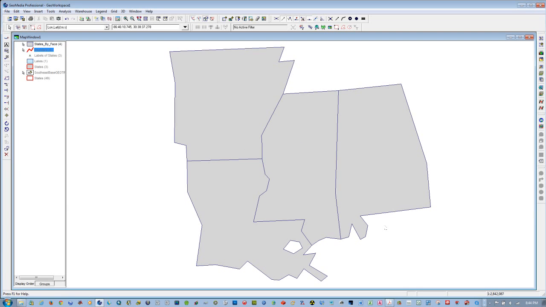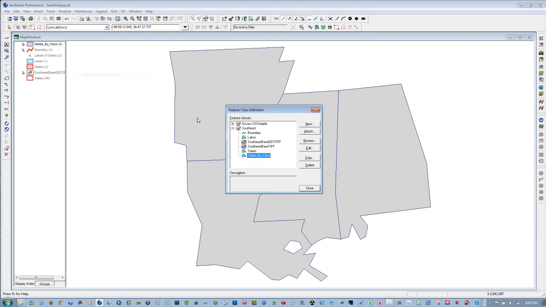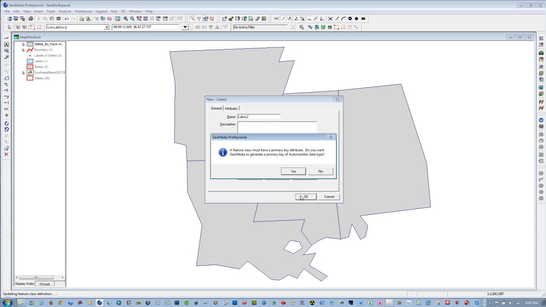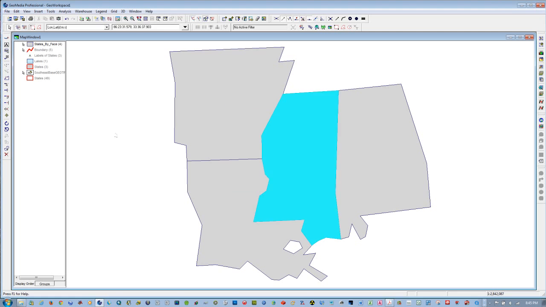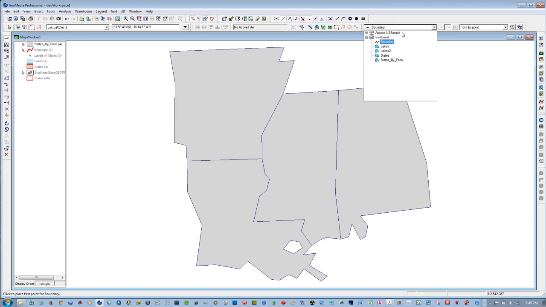Now, here's an issue with the lab. I should have had you do lakes 1 and lakes 2, because if we digitize another lake and put it in here, 9 chances out of 10 you didn't draw this exactly like you drew it in the first, so it's not going to look good. So I'm very quickly going to create a new feature class definition under here, southeast, new. I'm going to call it lakes 2, and it's an area feature. Okay, yes, close. And I'm going to insert feature, go down here to lakes 2,